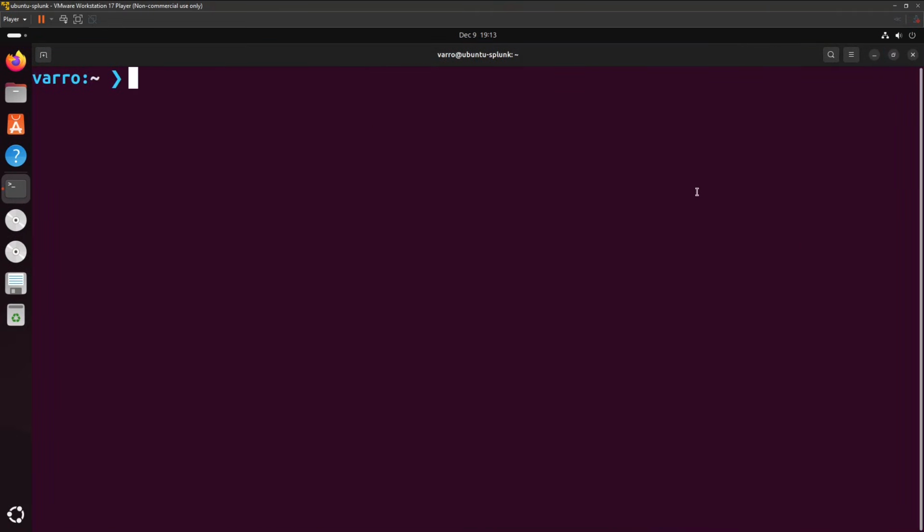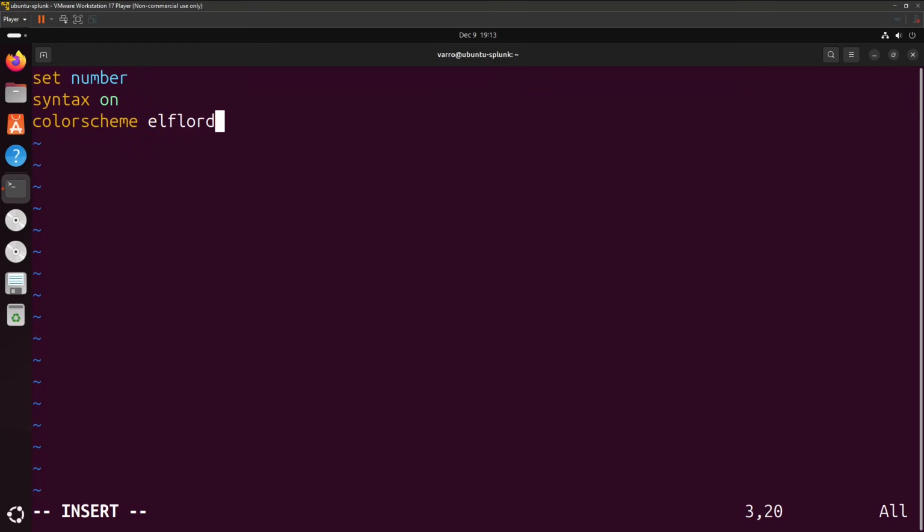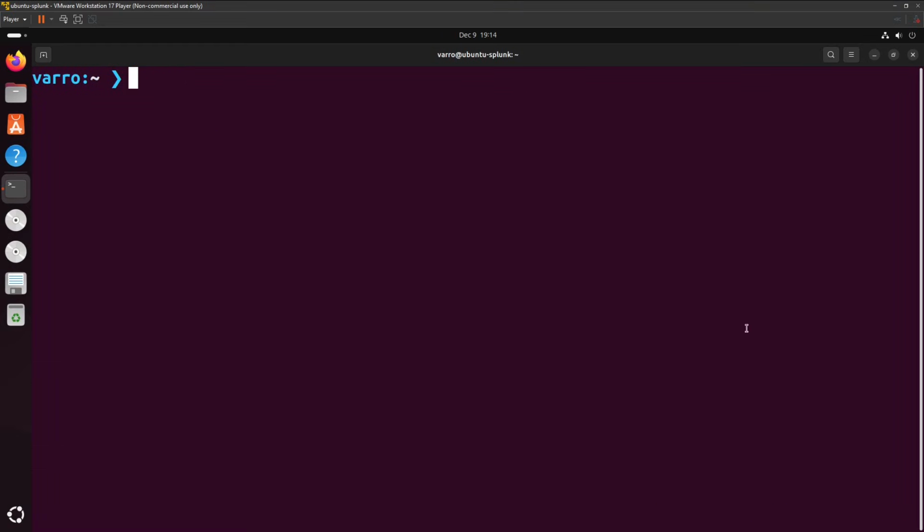Let's maximize this. Now let's set our VI settings with the vimrc configuration file. We'll type set number to turn on line numbers, syntax on, and color scheme elf lord. So the syntax on will cause different colors on different pieces of text, and the color scheme elf lord is just for the color aesthetic. So we'll hit escape to get out of insert mode, hold down Shift ZZ to save,